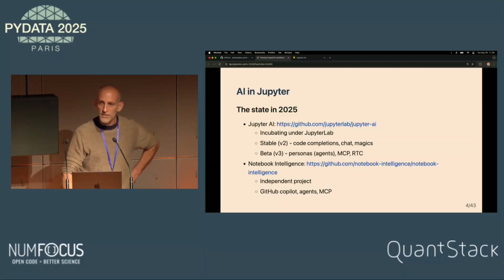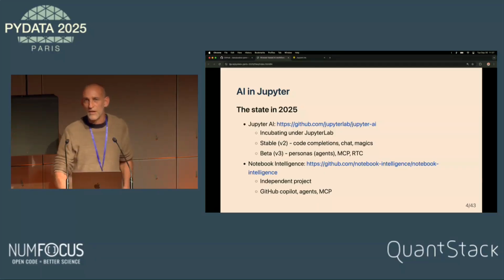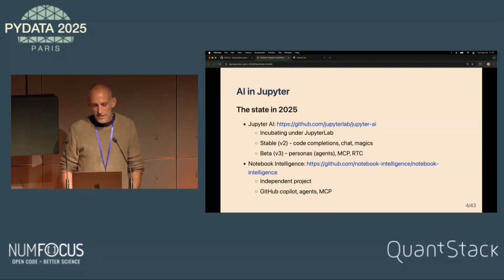So what's the state of AI in Jupyter? Today, there are mostly two main projects that we can talk about. The first one is Jupyter AI, which is incubated under the Jupyter project.